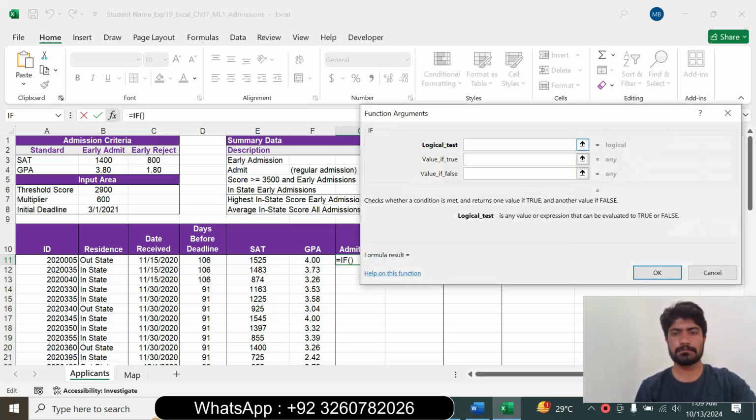Open the IF function. Logical test is, type the AND function and select cell E11, SAT, greater than or equal to